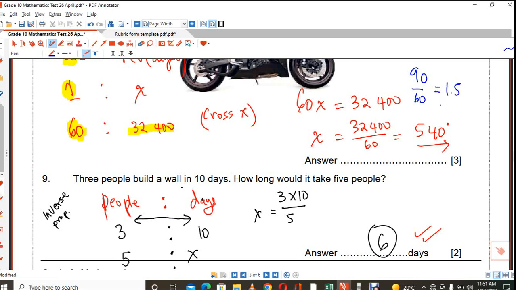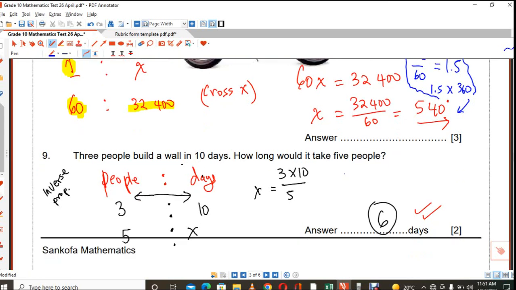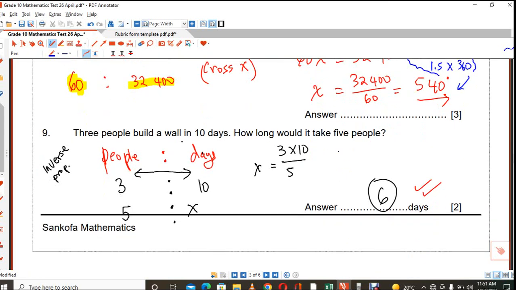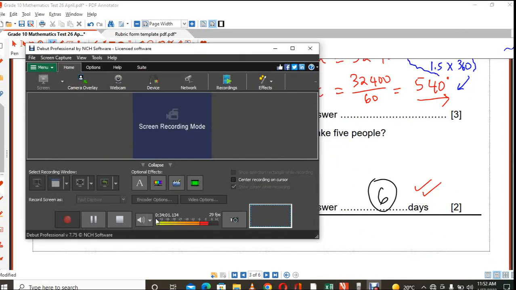I want to know what that is. And then she went 1.5, then she multiplied by 360, and it gives you the same answer. Now, explain to me what is 90. You must listen. In this case, the 90 is how many times the motorcycle